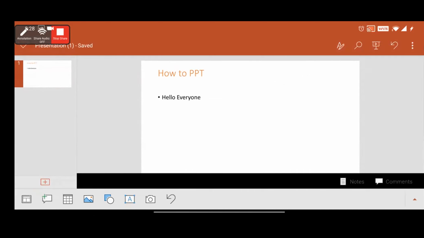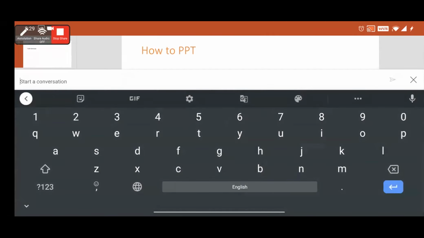Now I want to add another slide to it. Can anyone see any options for that? Where is the option? Downside of the screen, second one. This one? No, this is to start a conversation.